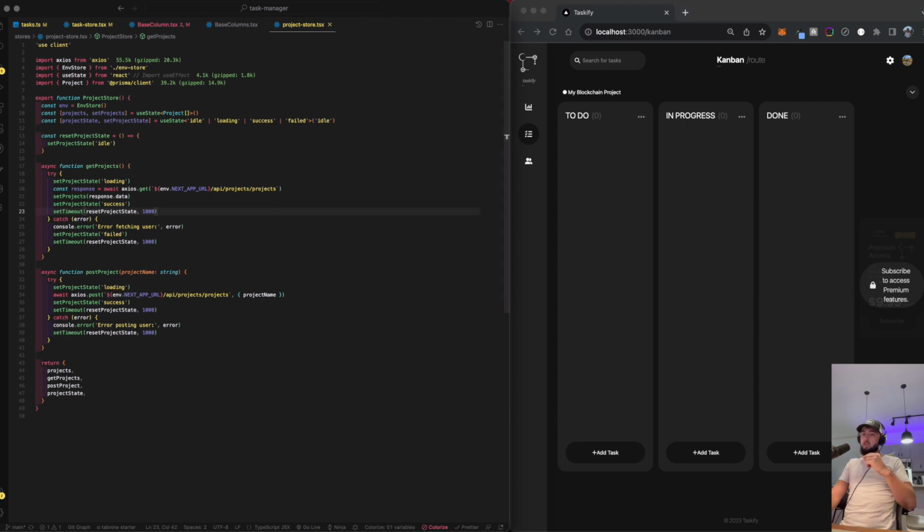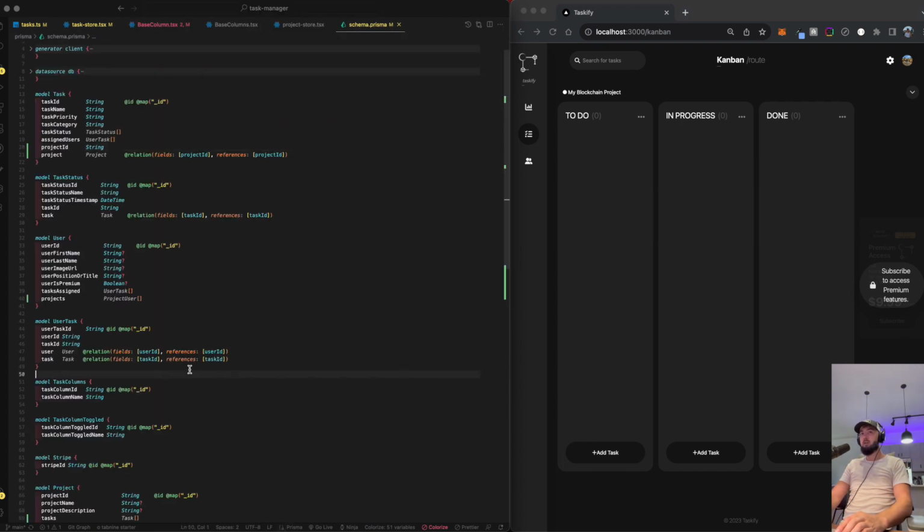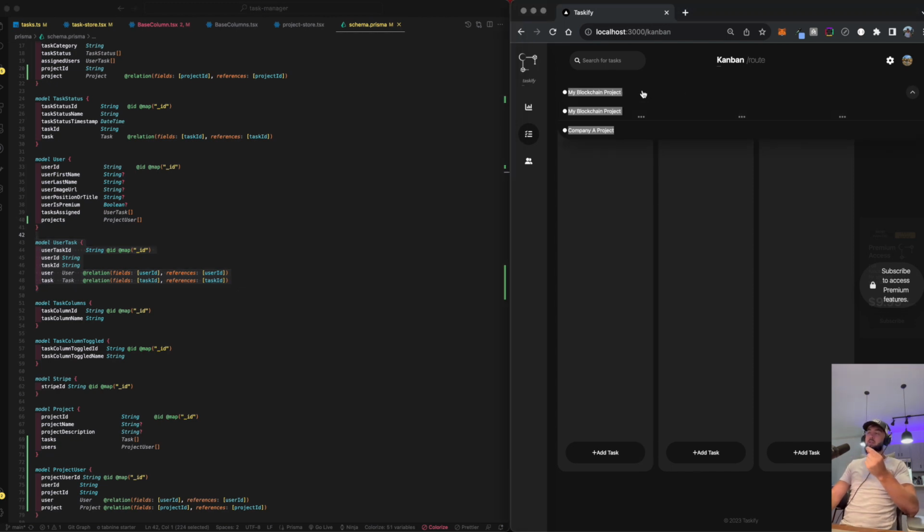It would use the other stores, in a synonymous sense to how I'm using Prisma for these compound keys, right? So boom, this is how we're going to access other things like the user task. This is how we associate the users to tasks. So in a very synonymous sense on the front end, it seems like the easiest way to handle all these projects, where we could swap between different projects, would be to make a store